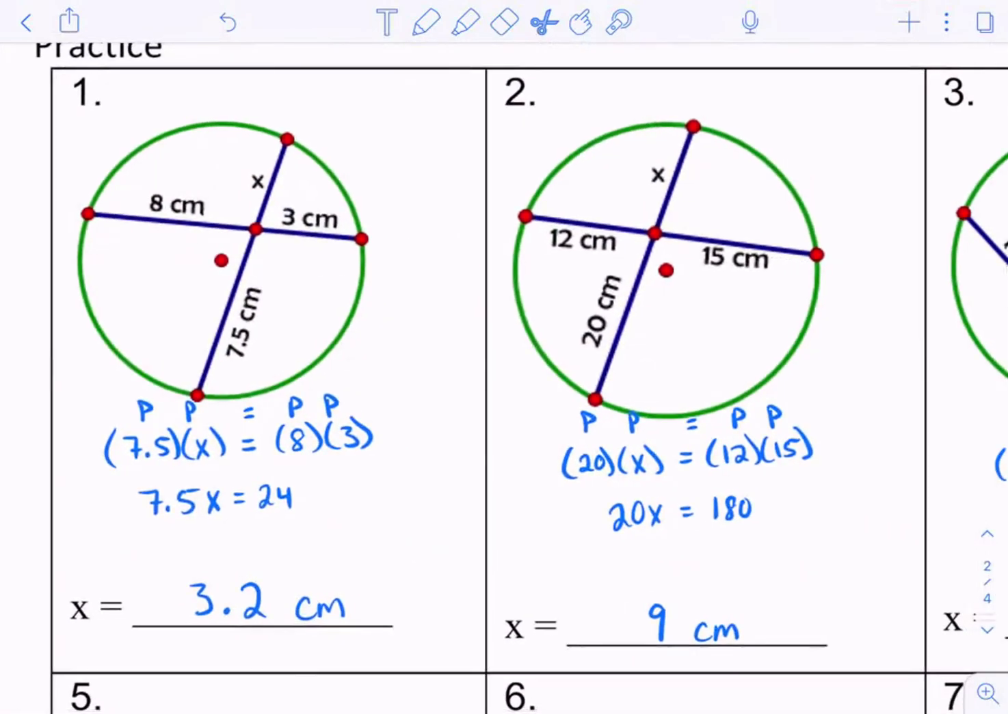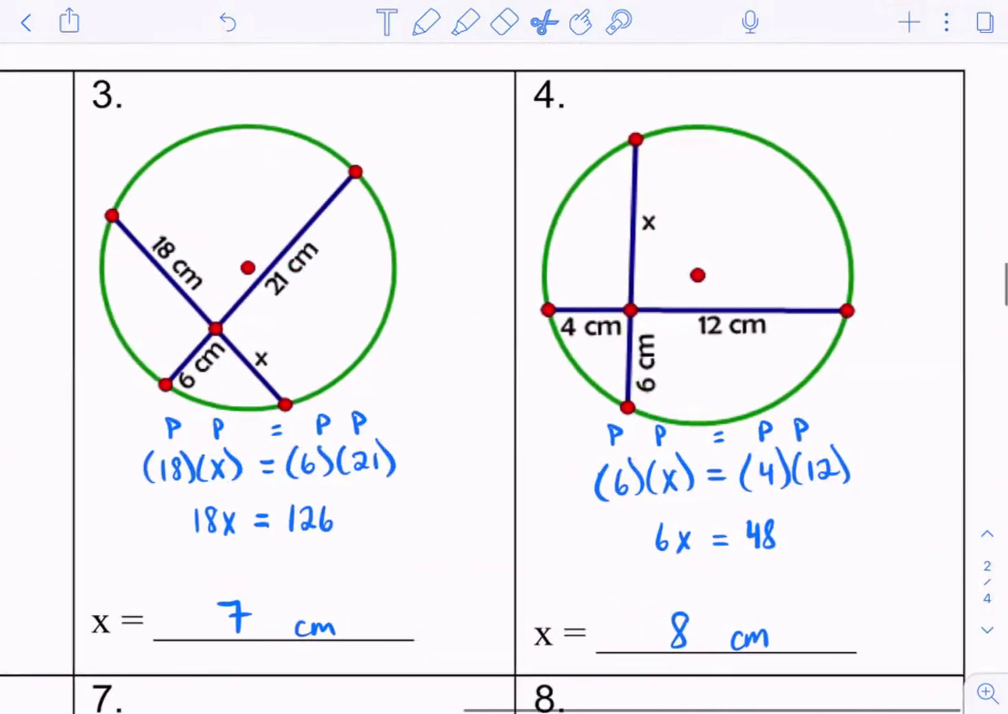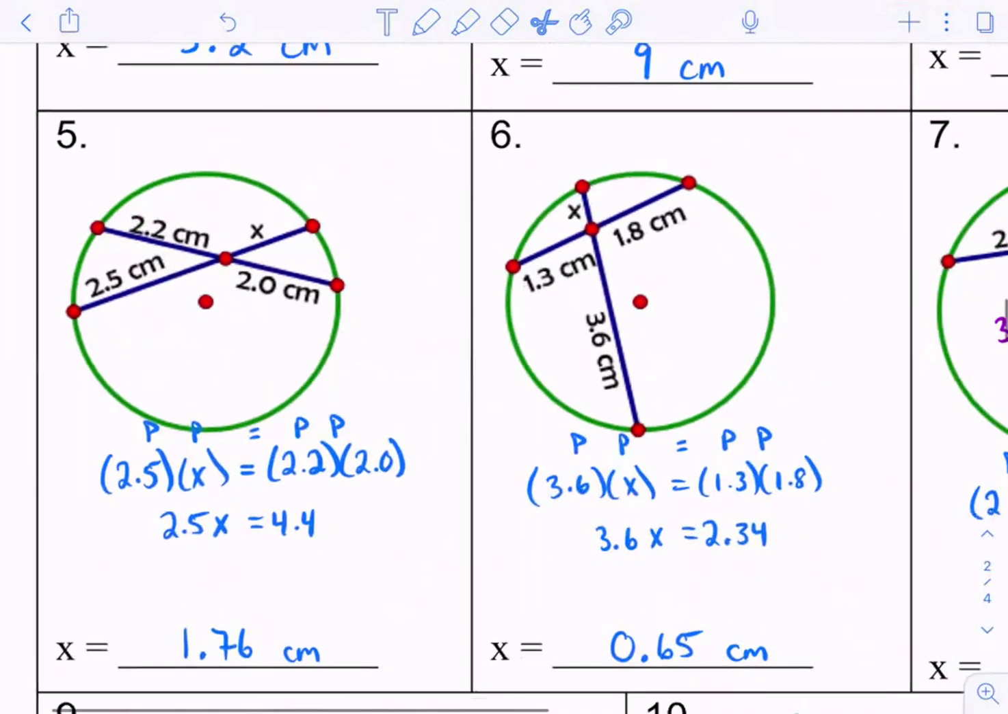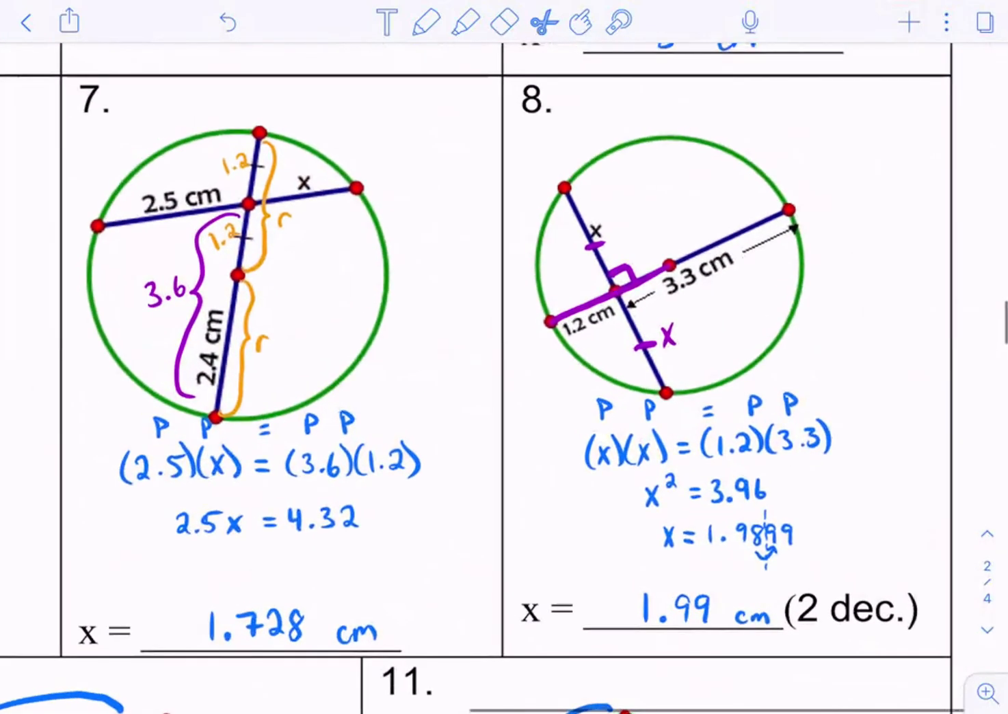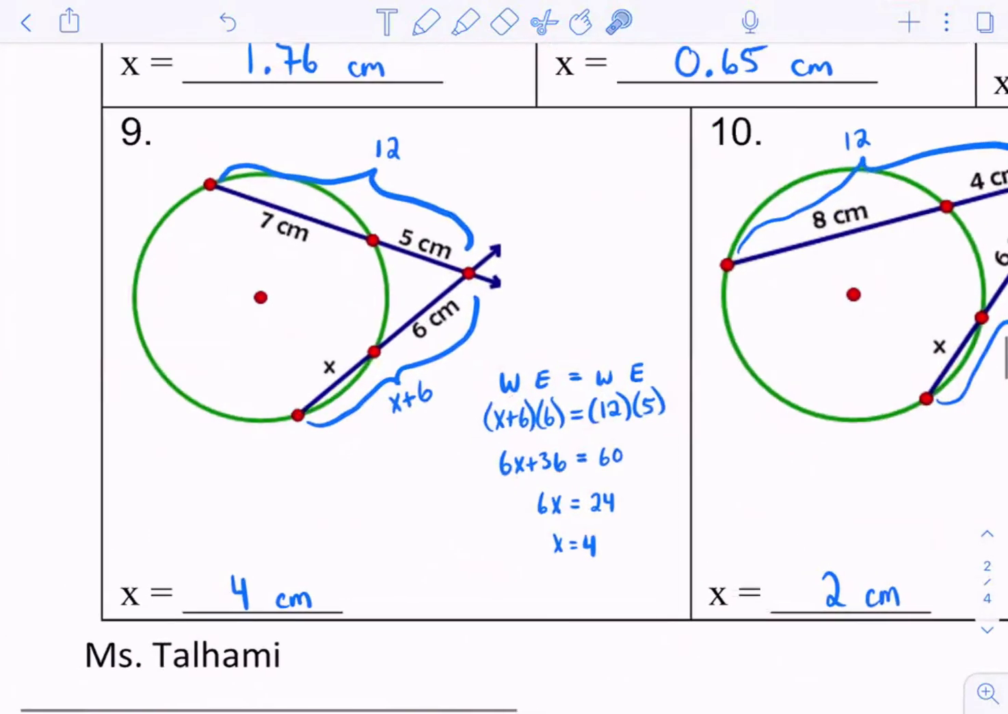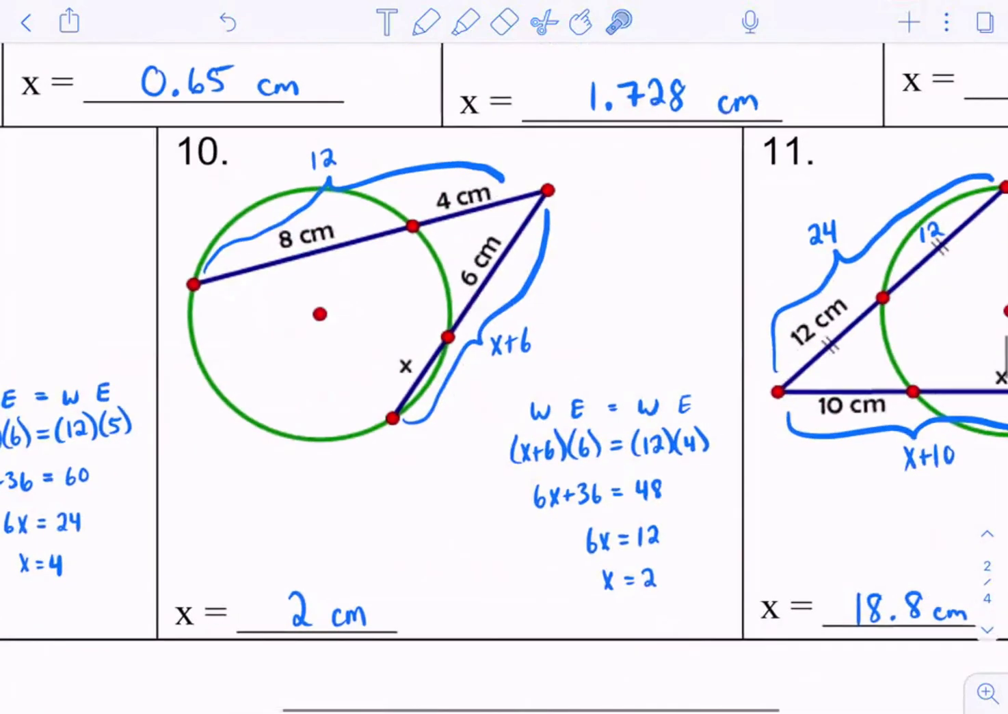So here's 1 and 2. Here's 3 and 4. Here's 5 and 6. Here's 7 and 8. And notice that at the bottom, if it tells you 2 decimal places, that's when I rounded. Number 9, 10,